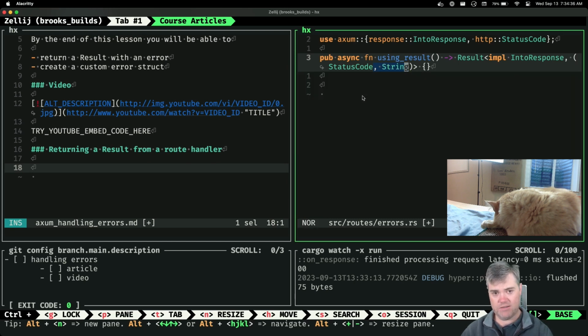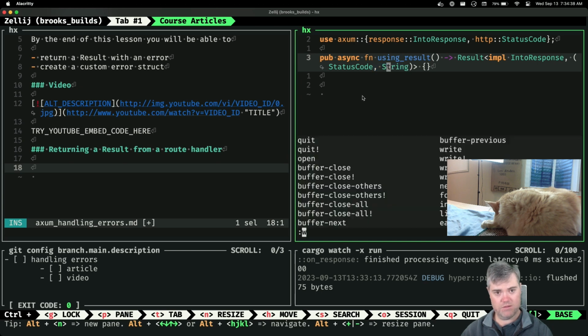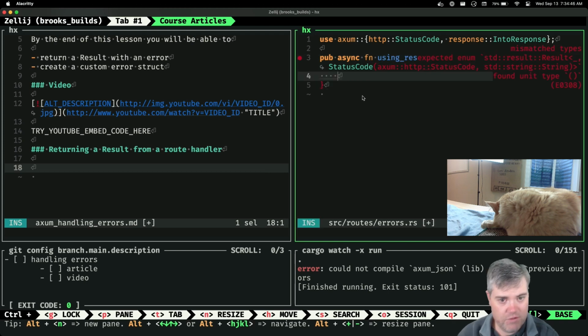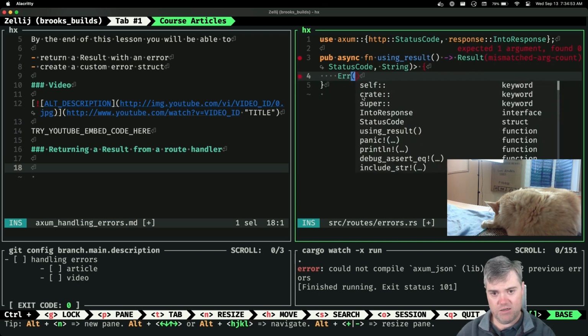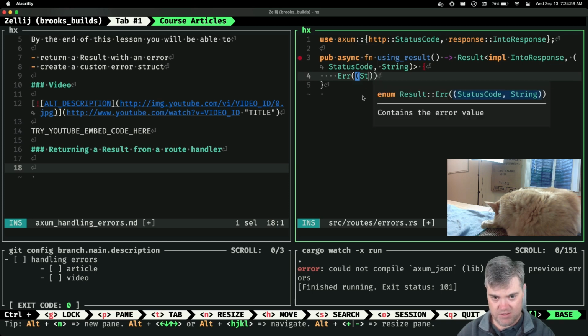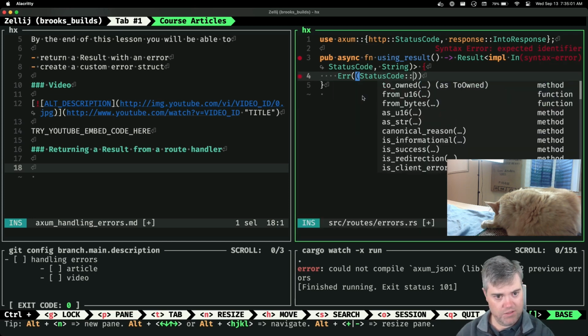So if I do that, yes, I know you don't have that. It's okay, don't worry. So we want to return an error. Then we'll have a status code.